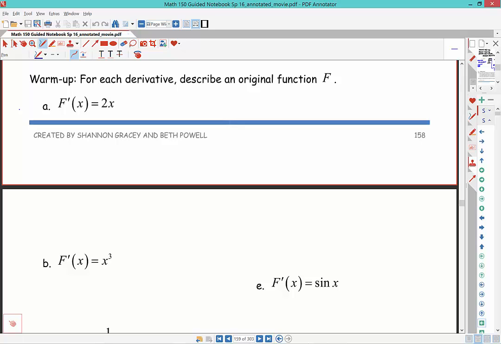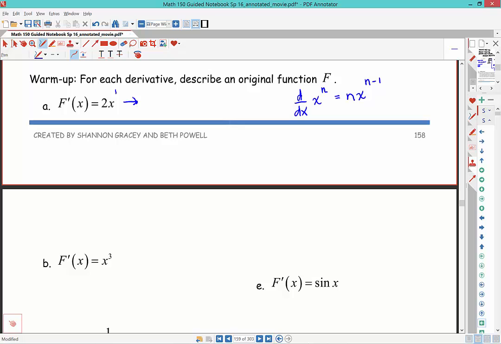So for this first one, this derivative is 2 times x. Remember when you use the general power rule, what happened? If you remember d dx of x to the n, what did we get? Good, n times x to the n minus 1. So the power decreased by 1. So if we thought of this as x to the 1, then the original function would have had to be,